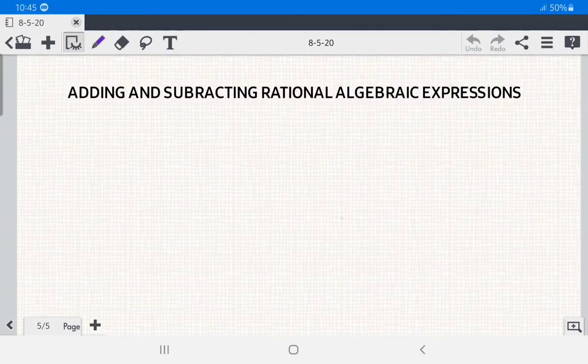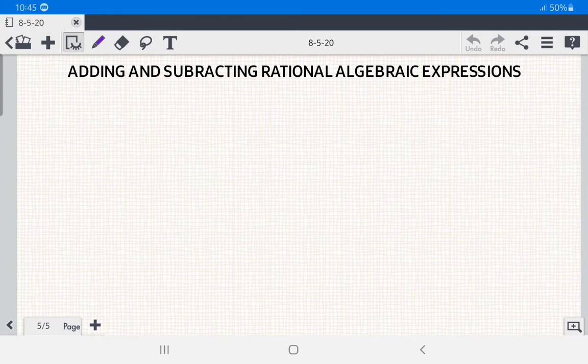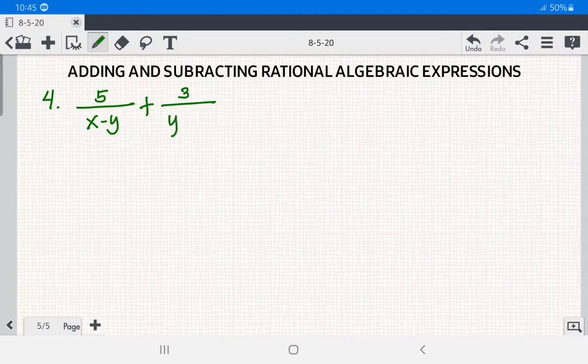Next, number 4. Let's say we have 5 over x minus y, then plus 3 over y minus x. So here in this case, as you can see, we have x minus y and then y minus x. So let us copy 5 over x minus y and then plus 3 over